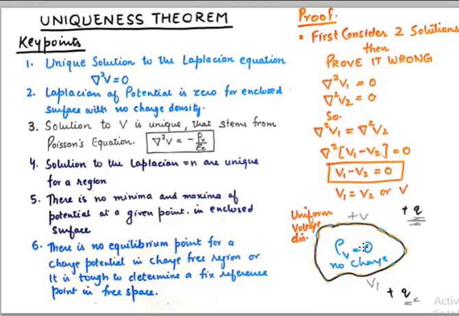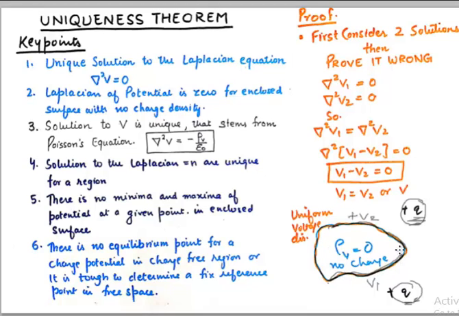There is no inside charge present. Now if we assume that a potential or voltage V1 is developed on this side due to this charge, and V2 is developed on this side because of this charge, this is a wrong statement, because